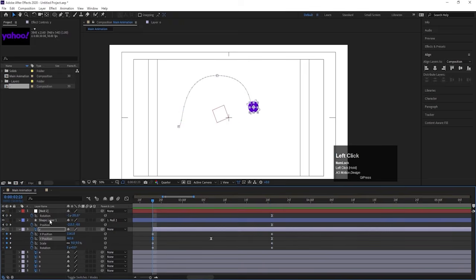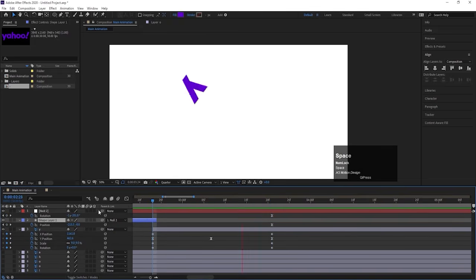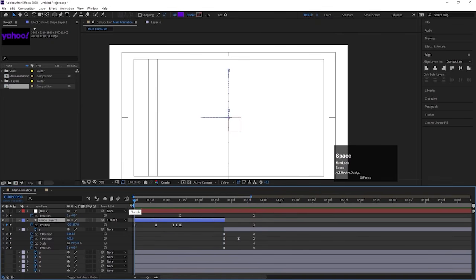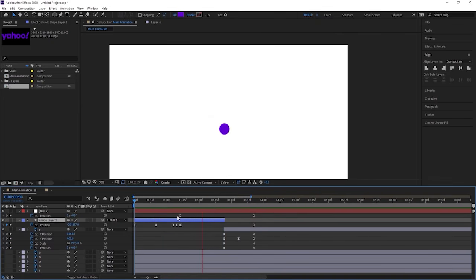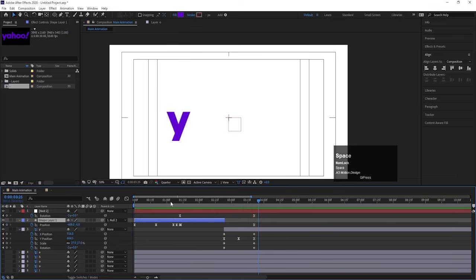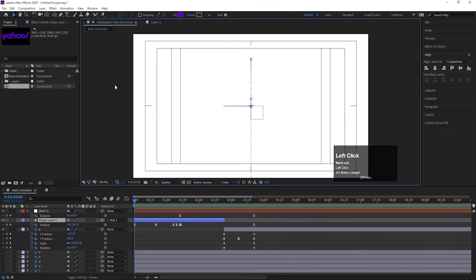And at this point I'm going to select this shape layer. I'll press Alt close bracket like this. So if you see this animation from the start, first I'll get this, then I'll get this. Okay, so let's make this fit